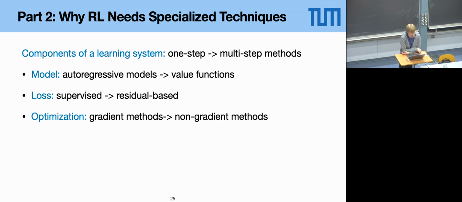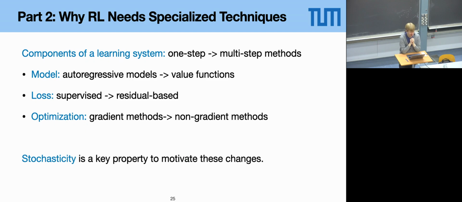And for the optimizer, we have gradient methods or non-gradient methods. For each of these components, we will now give an argumentation of why a change from one-step techniques to multi-step methods is necessary. And what is important is that stochasticity is a key property to